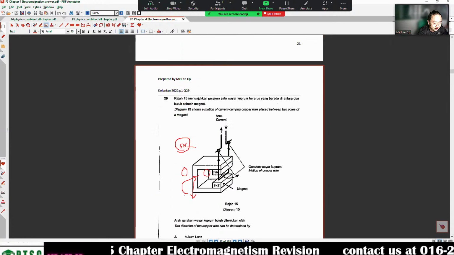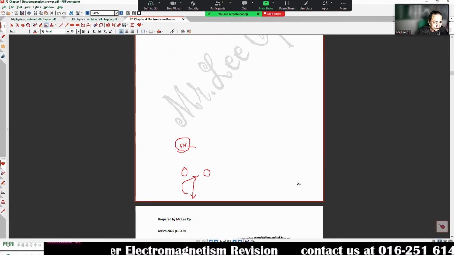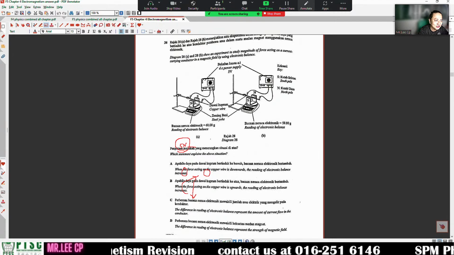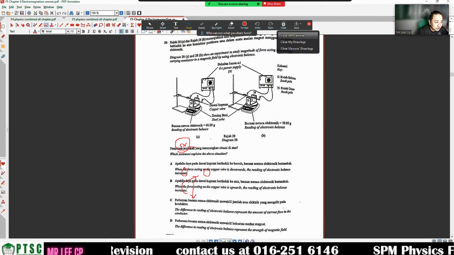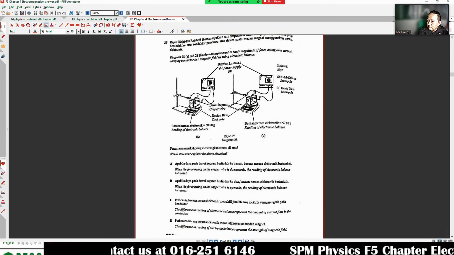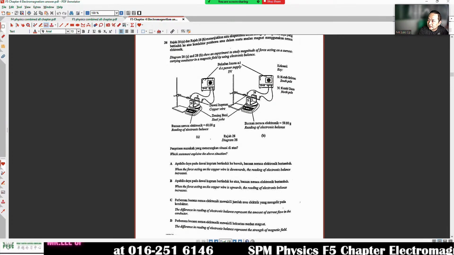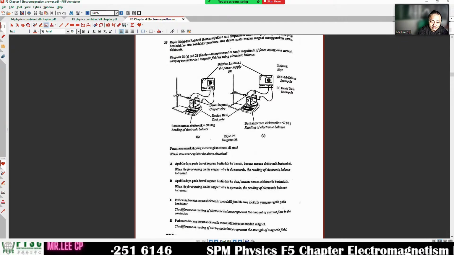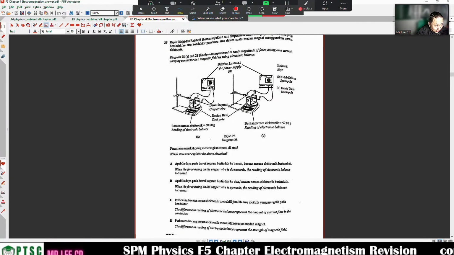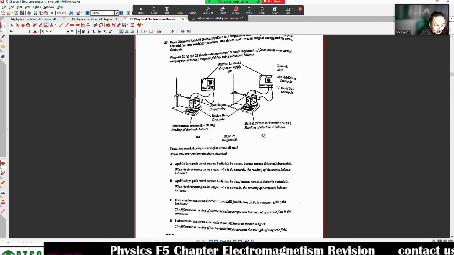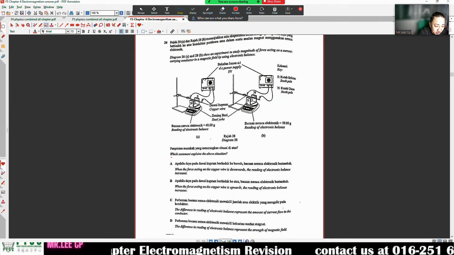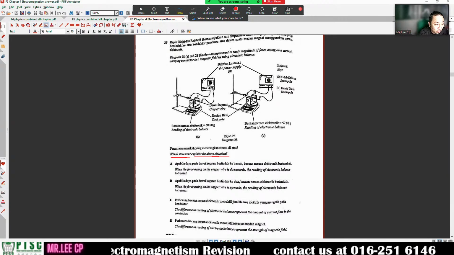MRSM. So I want to do 36, not 26. I want you to read properly right here. Now you see, logically, I don't care where is positive and where is negative. This question is not telling me where is positive or negative. It is not important also. Which statement is correct about this one? When the current flows, right? When the current flows,